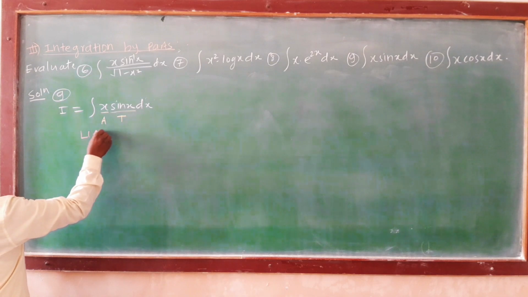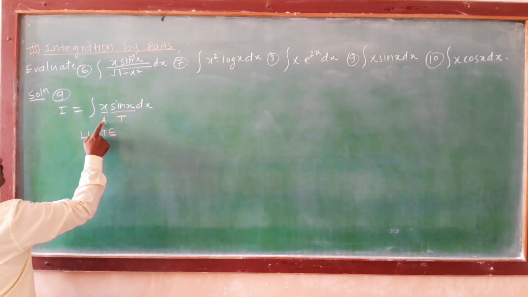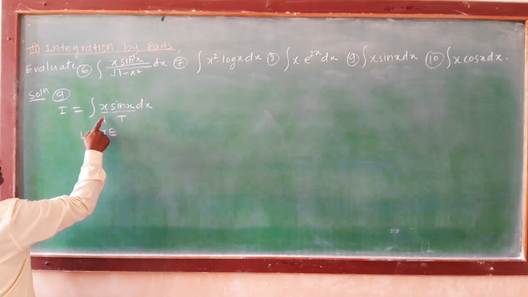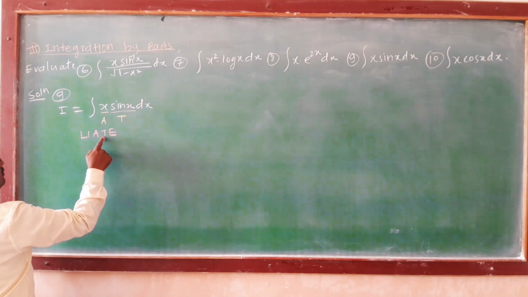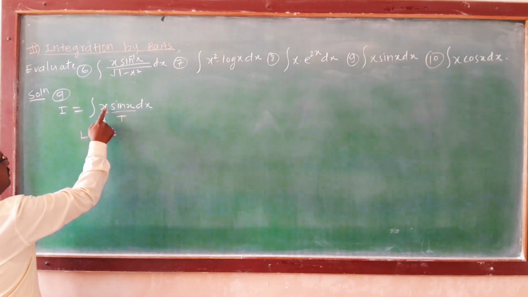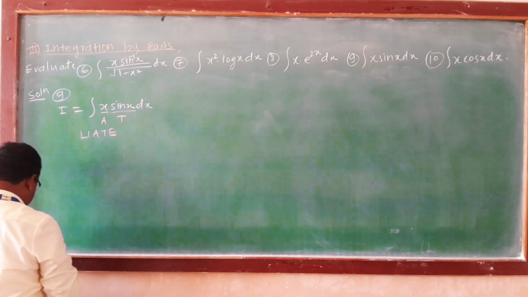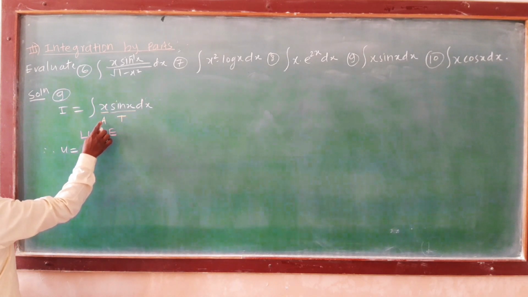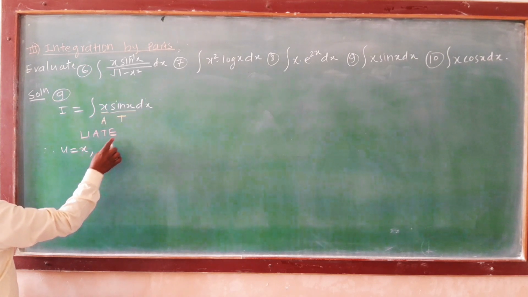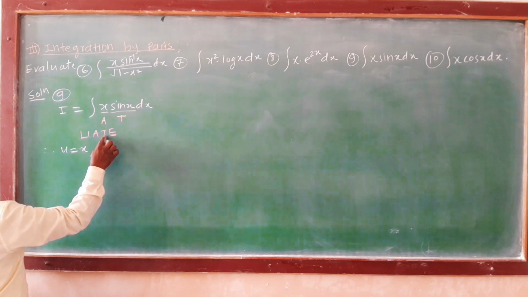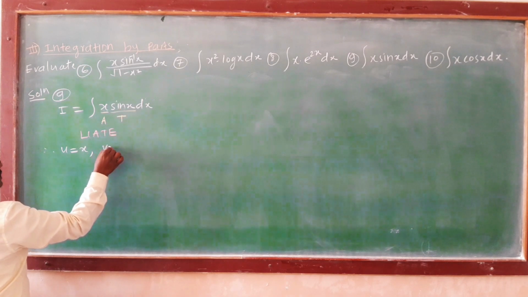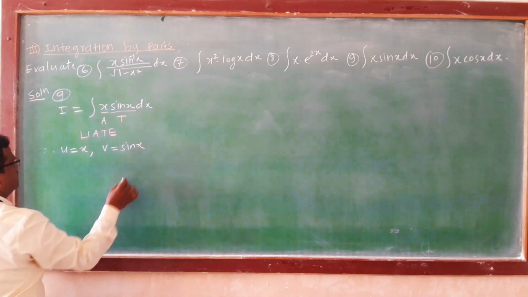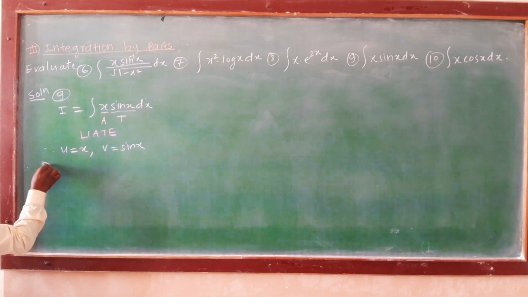By the rule LIATE, A is first, then T. So call x as the first function, that is u, and v is equal to sine inverse x. Therefore, by parts,